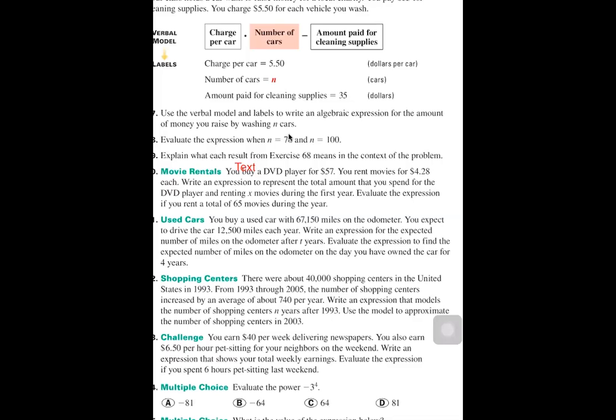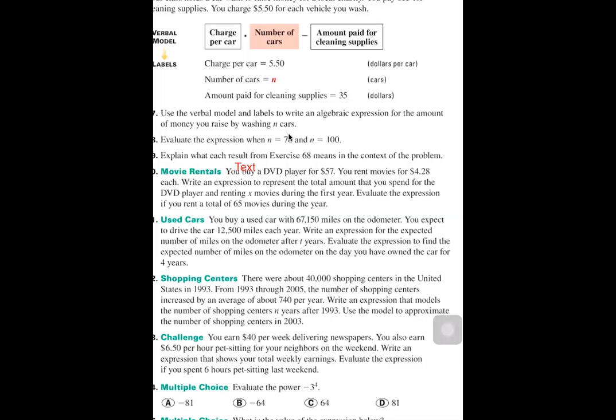You expect to drive the car 12,500 miles each year. Write an expression for the expected number of miles on the odometer after T years. Evaluate the expression to find the expected number of miles on the odometer on the day you have owned the